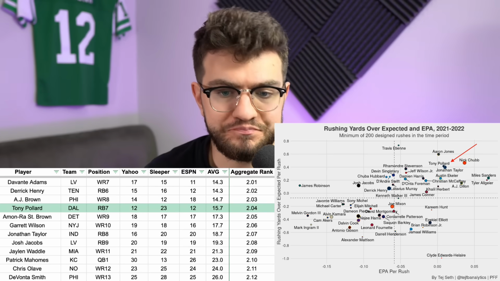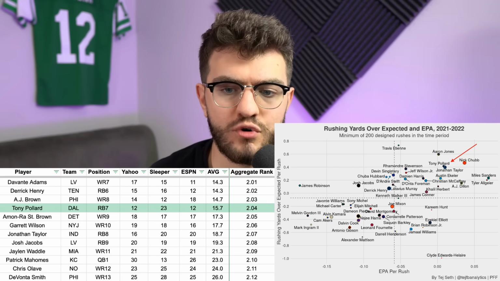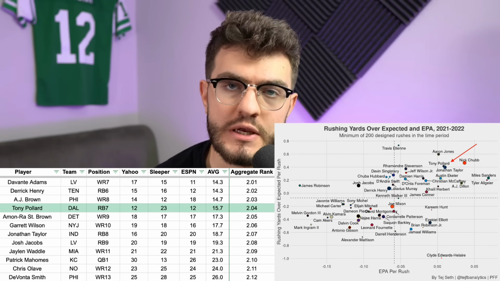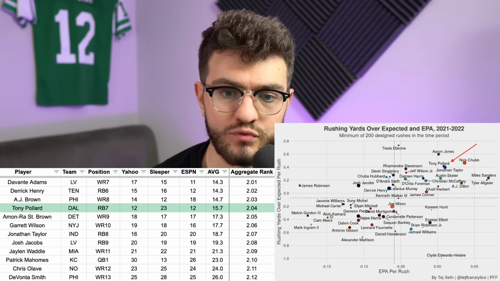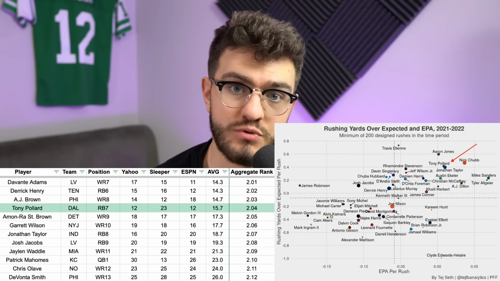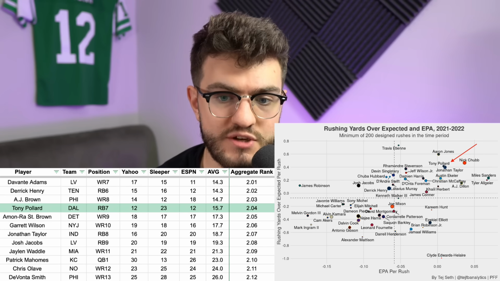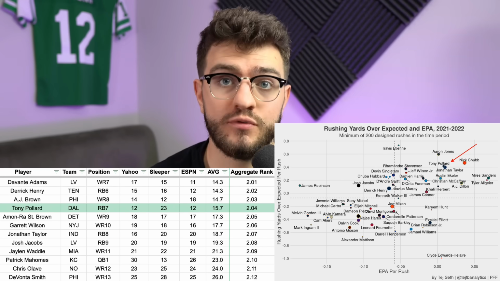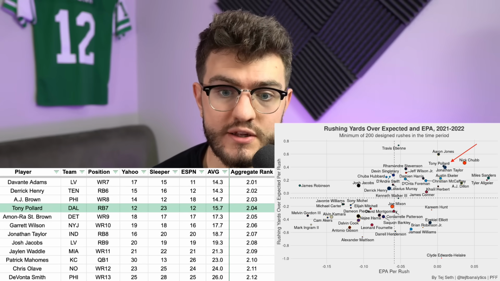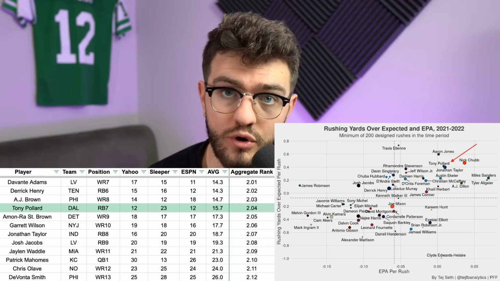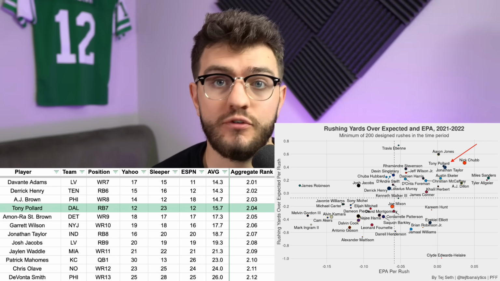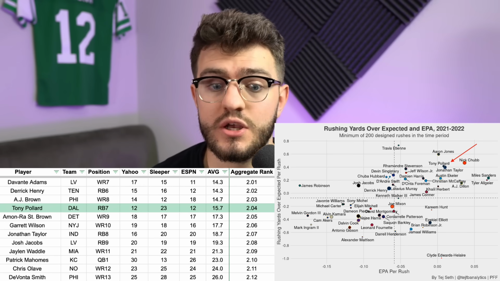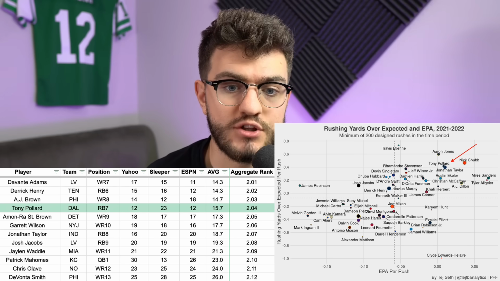And then on top of that, Zeke ran 234 routes last year to Pollard's 245. You have to assume that Pollard now absorbs the third down, 2-minute drill type of role, and he's a really good pass catcher. He was top 10 in yards per route run last year, top 10 in receiving grade, passer rating when thrown to, yards per reception. And if he takes over a full passing down workload and he can have an Ekeler or Kamara type workload of like 70+ catches, flirting with like 1,100, 1,200 rushing yards and a ton of touchdowns, he will absolutely crush in 2023.